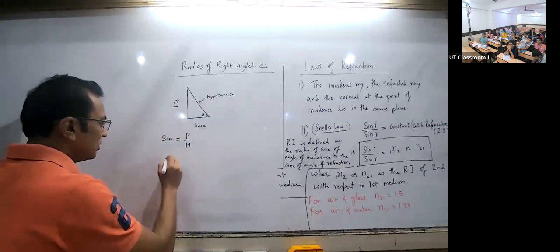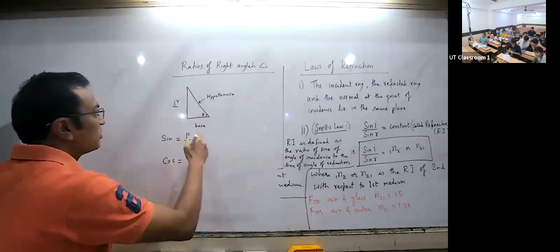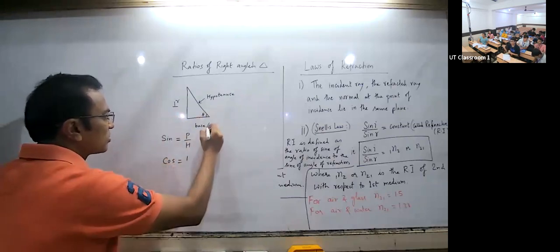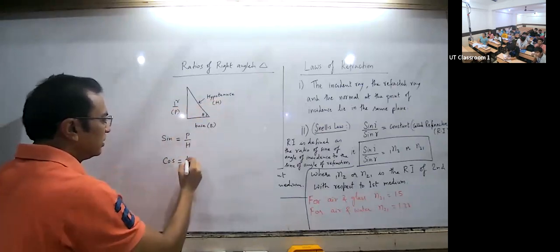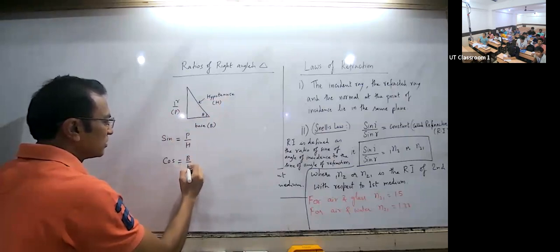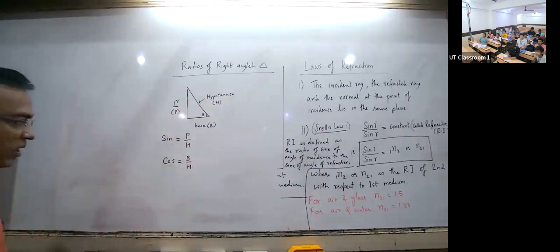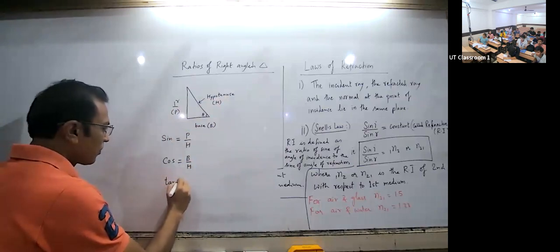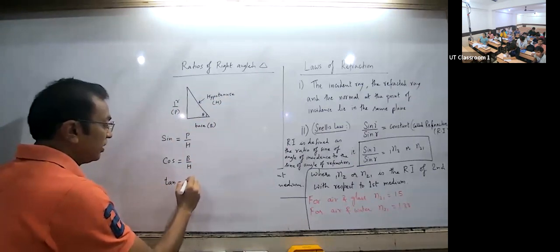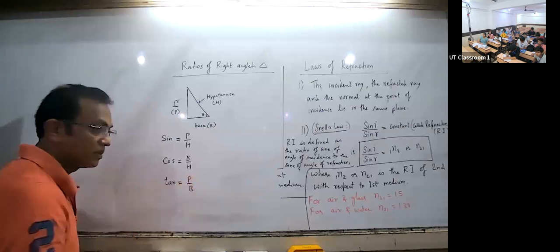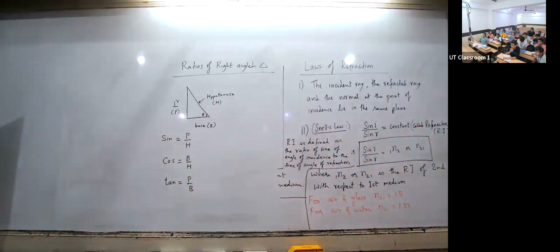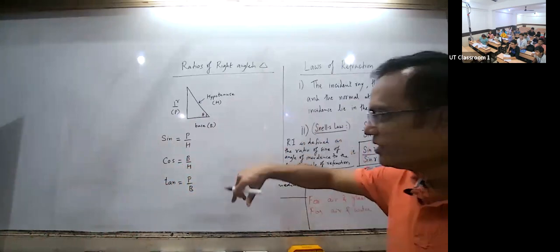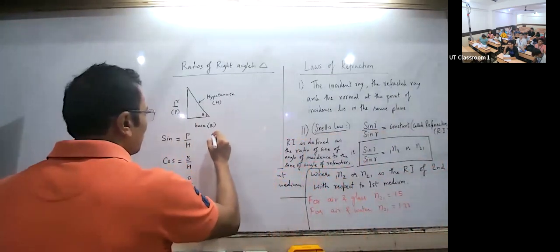What is cos? Base upon hypotenuse. Yes. Cos is base upon hypotenuse. Let's call this B and this H. So it is base upon hypotenuse, right? And tan is perpendicular upon base. That's it. Everything comes from this. So the reciprocal of sine, 1 upon sine,